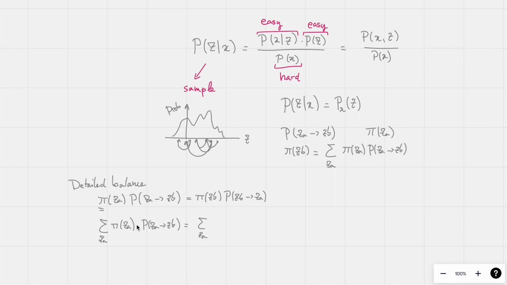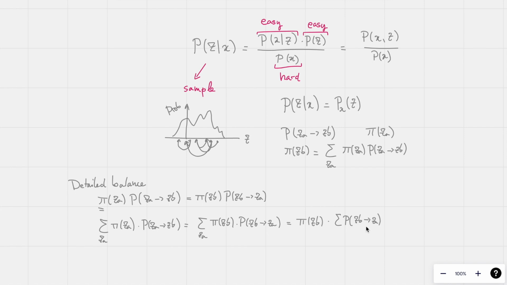Pi of ZA now is replaced by pi of ZB times P of ZA to ZB is replaced by P of ZB to ZA. And now this does not depend on ZA, so we have this is equal to pi of ZB times the sum of the probabilities of going from ZB to ZA